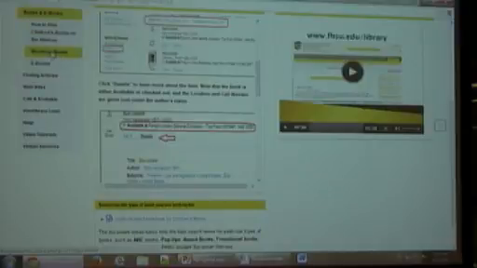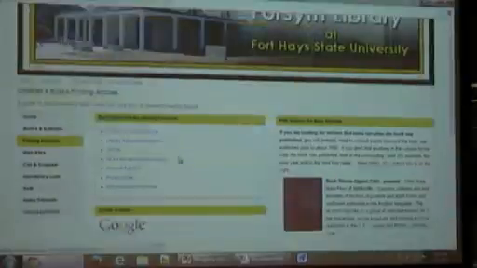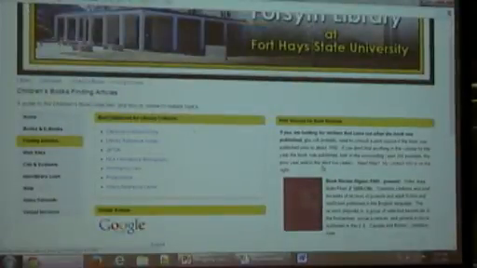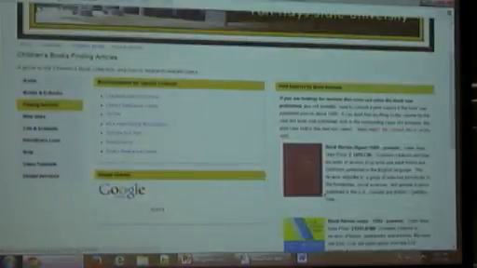Under the books and ebooks, we have sub-pages on how to find books, children's books on the shelf. Wordless books, how to find those, because we put that in because we get those questions every semester. So it makes it nice if we can tell the students here's the easiest way to do it. Ebooks, finding articles. This will bring in the best databases for literary criticism, print sources that we have over here,